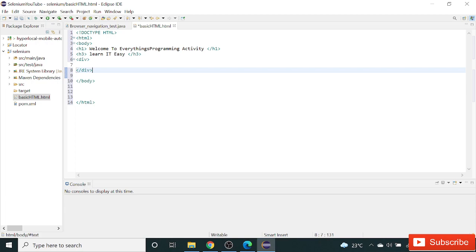Now we can add some attributes, like where this link points to. That attribute we can add inside the beginning tag.